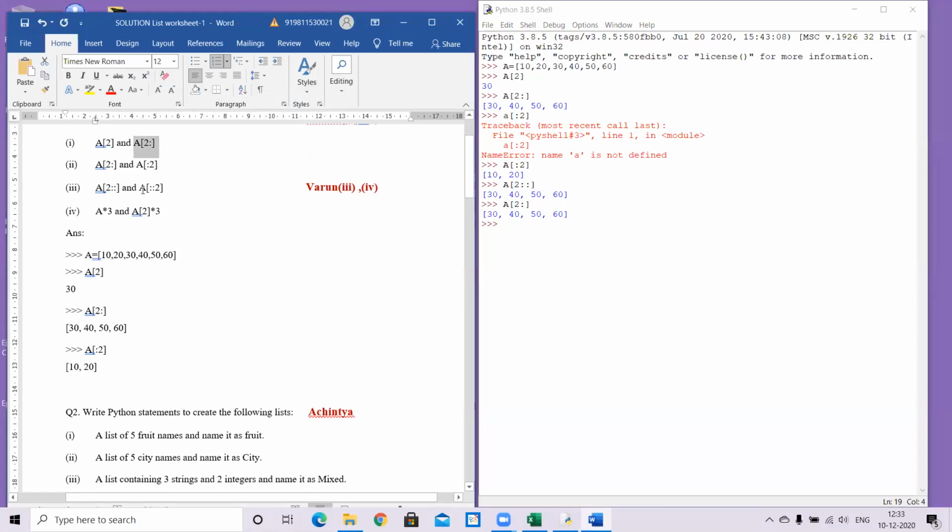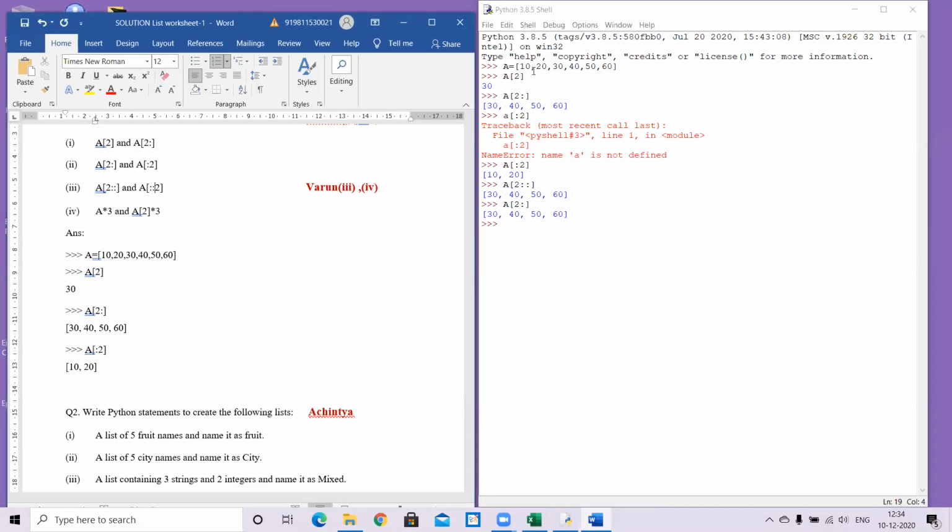Now, what happens when I say A colon colon 2? What all am I missing here? The start position is missing, and the end position. So you start from 0 because nothing is given, you go till the end because nothing is given, and you jump 1 data. I told you yesterday that you jump 1 less than the number mentioned here.